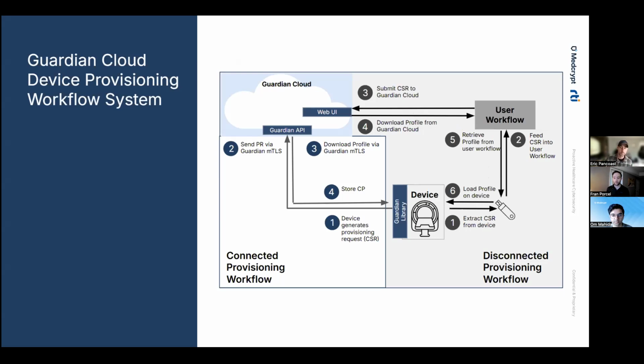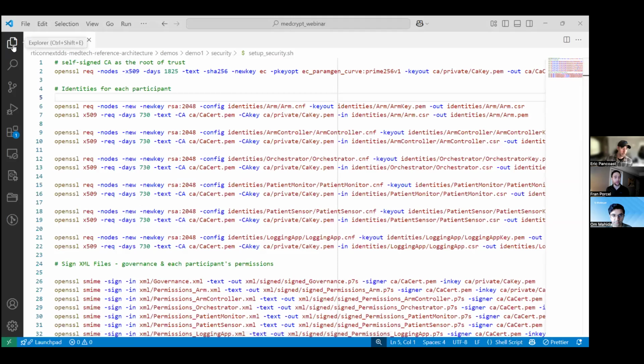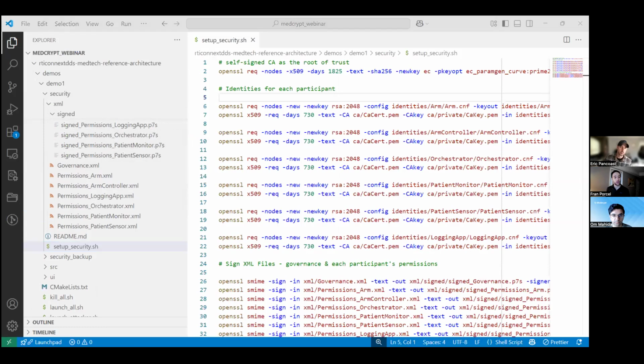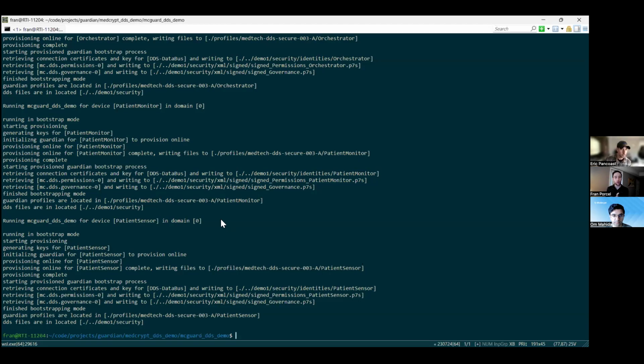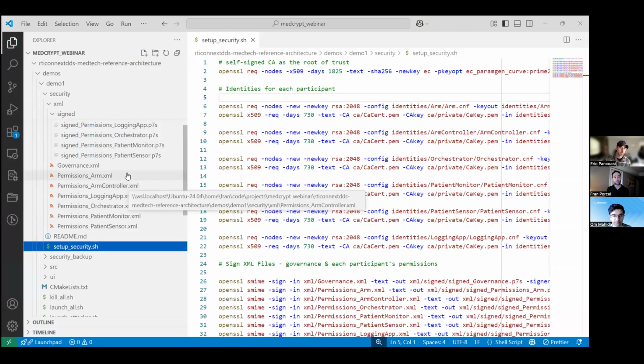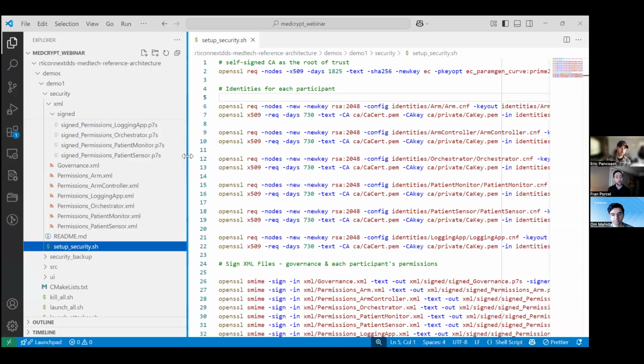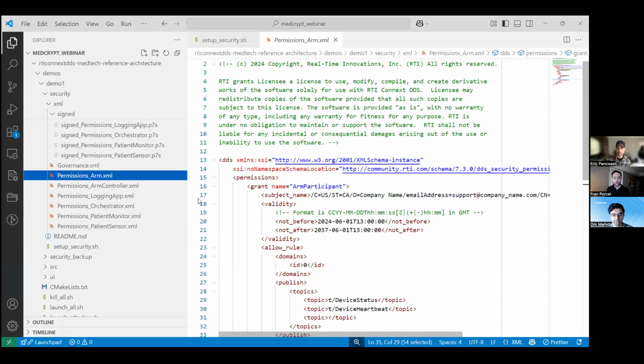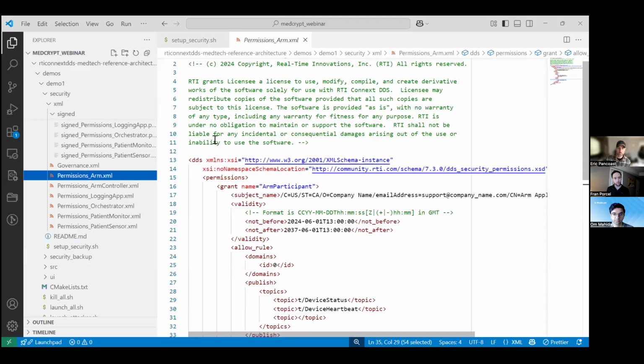Thanks, Eric. And we can see here, as part of my file system, what Guardian has provided. Let's just check that it finished. Yes, Guardian finished doing all the steps that Eric mentioned for all the applications in the system. We can see here the different files that make up the documents that Connect security extensions need in order to enable that security. We have, for example, a governance file and a permissions file, and we can see how the permissions file for the ARM wasn't signed before,